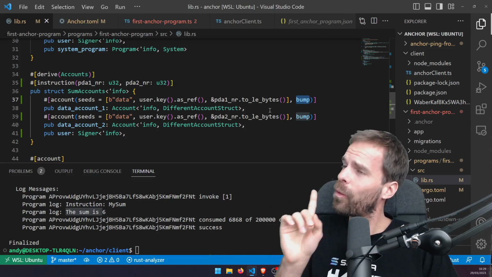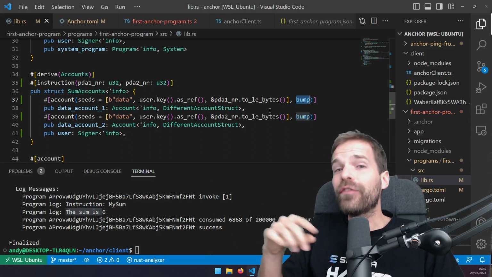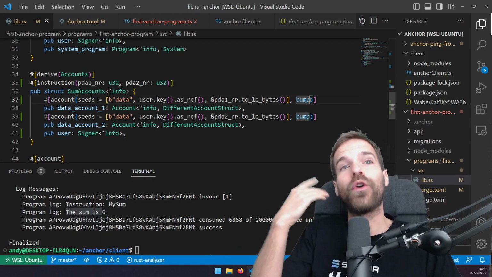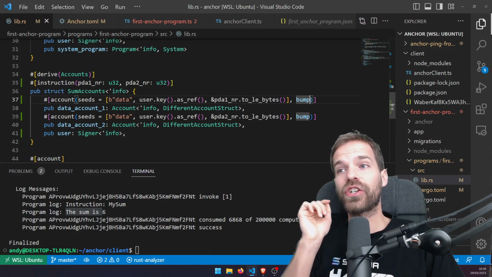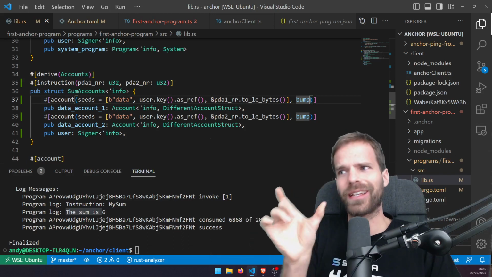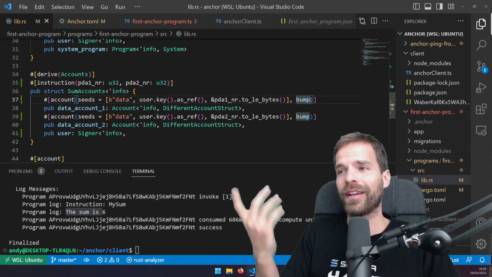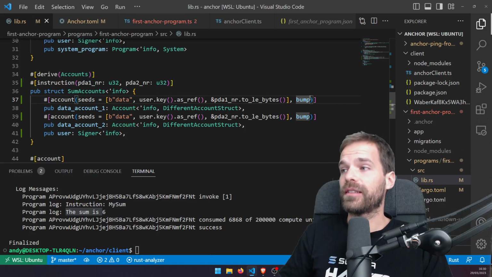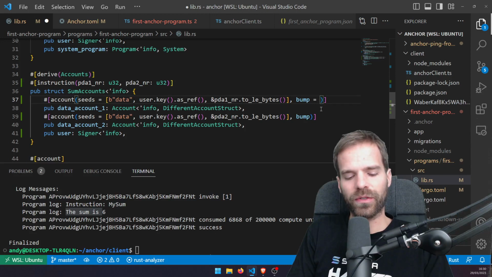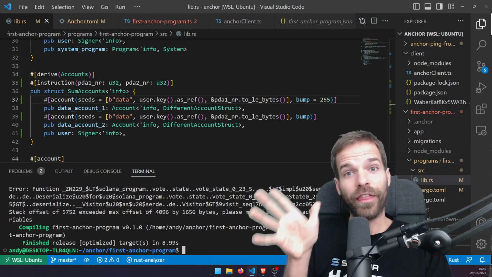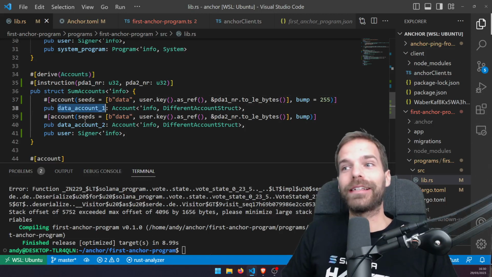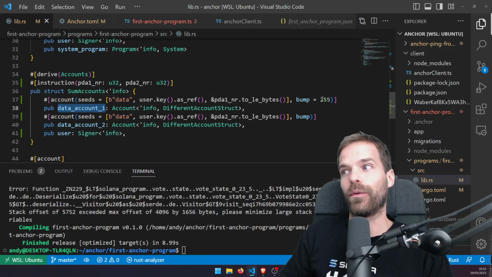Yes, you have to pay 1 byte more rent, but therefore you save on compute, because if you provide the bump, then you don't need to find program address, but just get program address or create the one where it doesn't loop, but just does it once. And then if it's not the right one, then it says, no, piss off. For instance, we haven't stored our bumps now, but if I were to say this thing needs to have bump 255, that still compiles. And now I restrained my allowed data accounts just to the ones where the bump happens